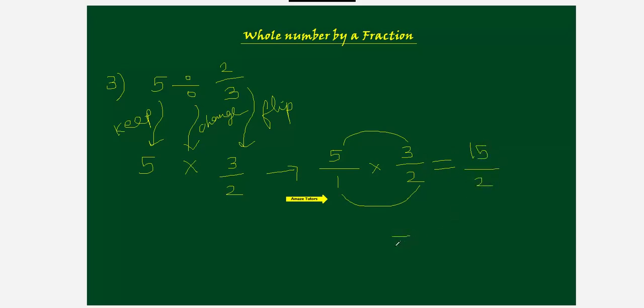Now, the numerator is greater than the denominator. It is an improper fraction. We can convert this to a mixed number by doing the division. 2 sevens are 14. When you take away, 1 is the remainder. Quotient, remainder. So the quotient comes here, remainder on top, same divisor or same denominator. This is the answer in mixed number form.